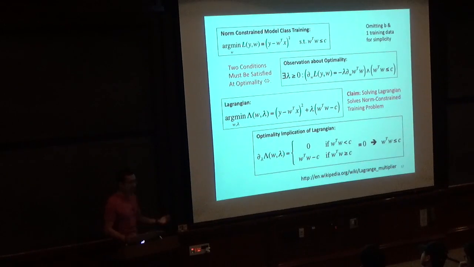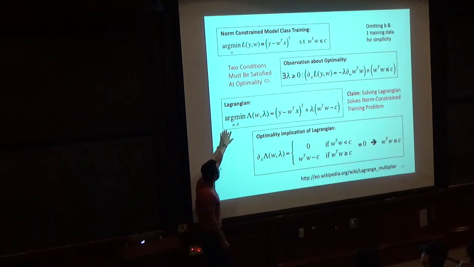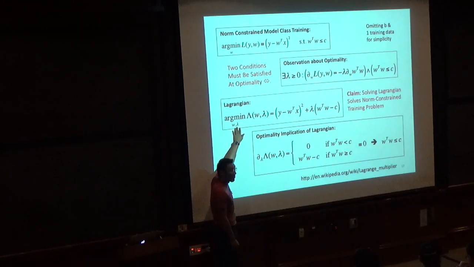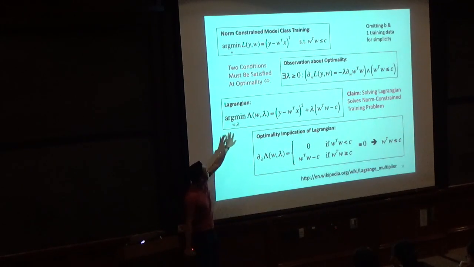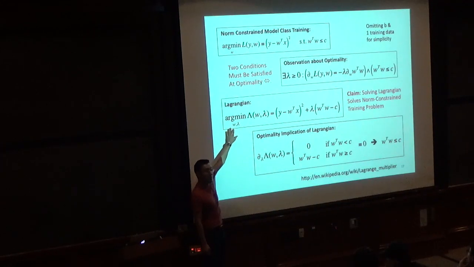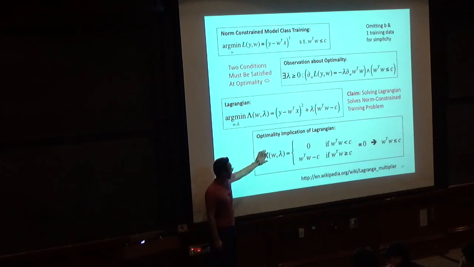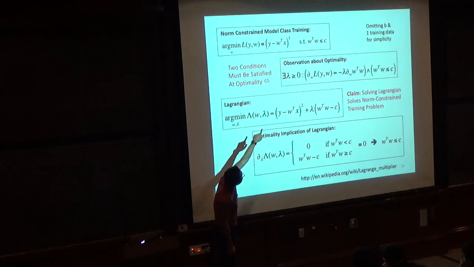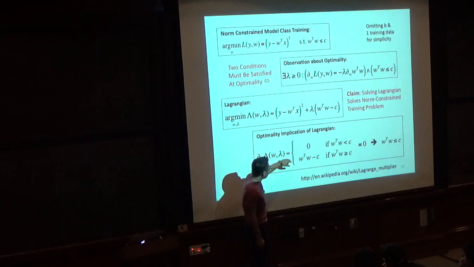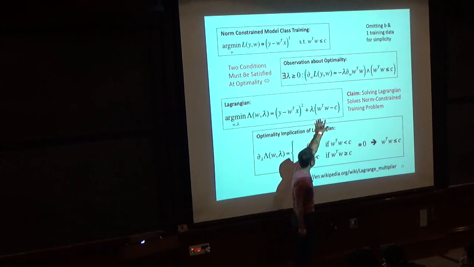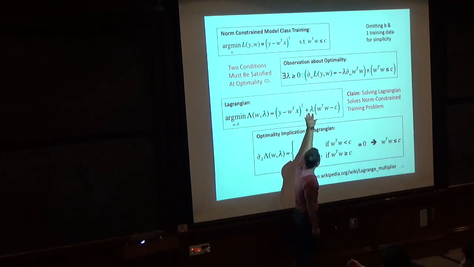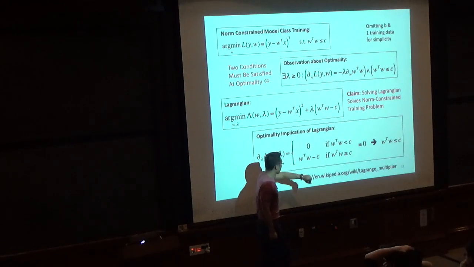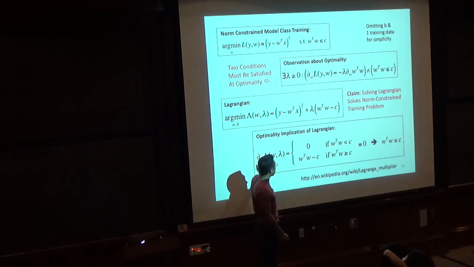Okay, now let's take the gradient with respect to lambda. So here's our Lagrangian. We're now going to take the gradient with respect to lambda, which is a free parameter that we've introduced in the Lagrangian version of the optimization problem. And I should say that lambda is strictly greater than 0. Or excuse me, lambda is constrained to be non-negative. I should have written that here. And what you get is that if this term is negative, then lambda must be 0. And if lambda is 0, the gradient is 0.